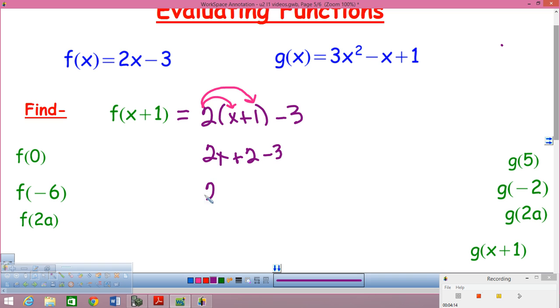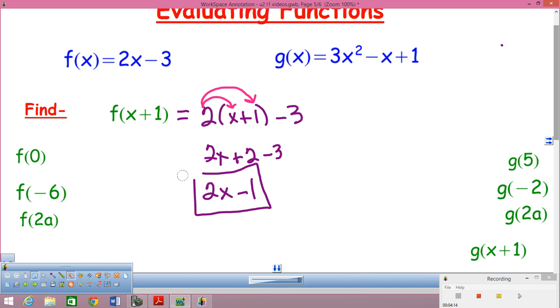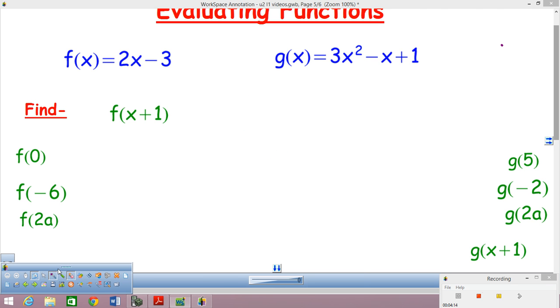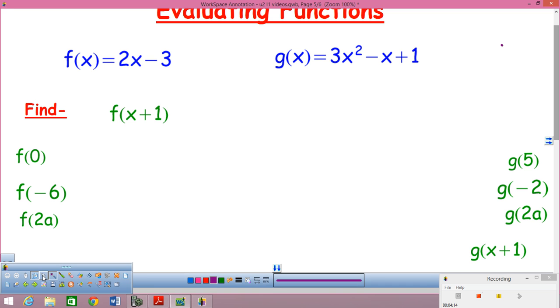I've still got 2x, no other x terms. 2 minus 3 is negative 1, so I put minus 1 right there. Final answer. F of x plus 1 is equal to 2x minus 1. Okay. Just for the fun of it, let's throw x plus 1 into that other function. I probably won't give you one like this on a test or a quiz, but it's a good practice of